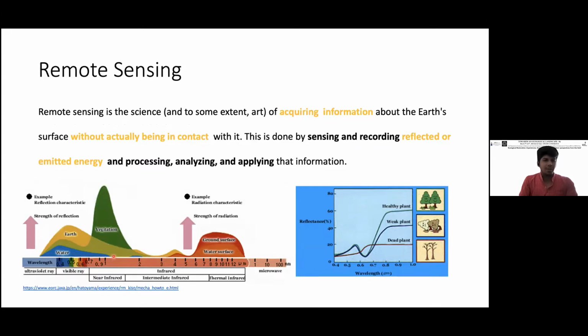Using this information, you can actually separate the type of, say, land cover that you have on the surface. So each of these land cover types will have a different kind of wavelength of light that it selectively reflects or absorbs.